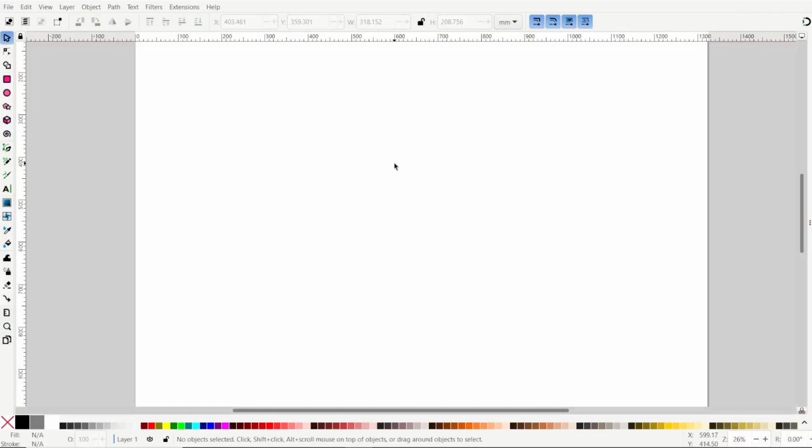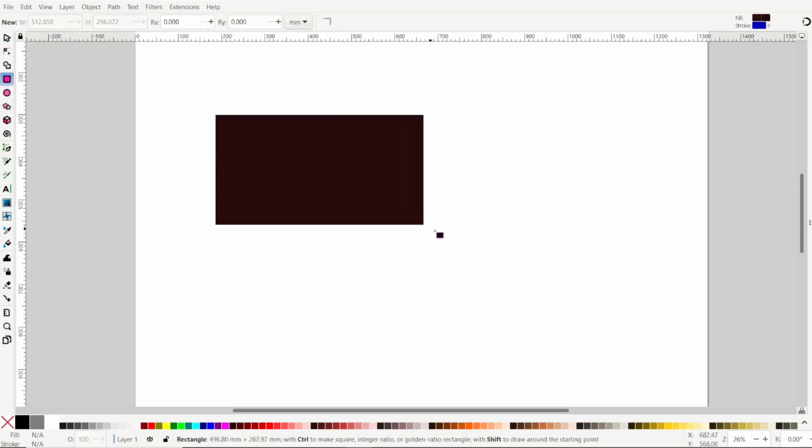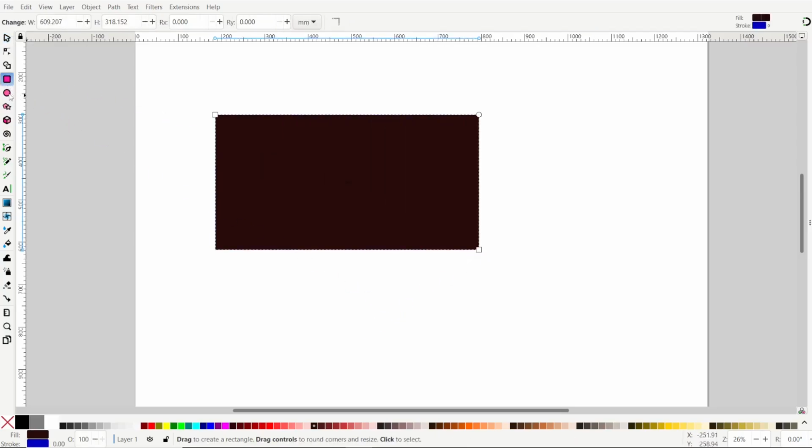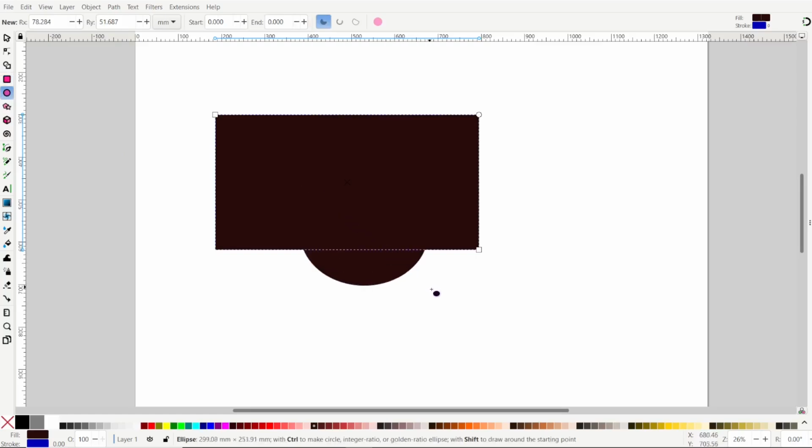Hi, in this tutorial I would like to show you how to bring object to bottom in Inkscape. First we need to do is create objects, so I will create here one rectangle. And maybe I'm going to add one circle, so for example I will create here one circle and